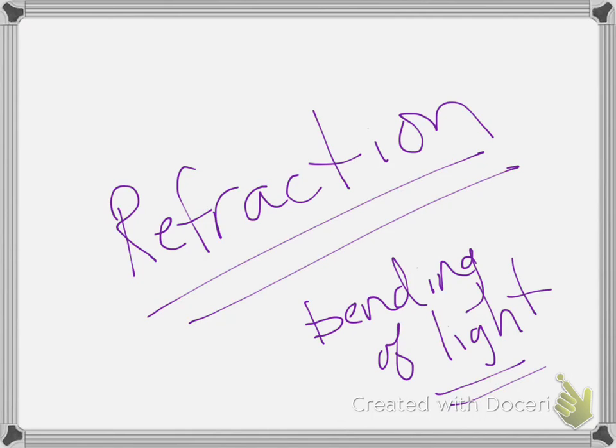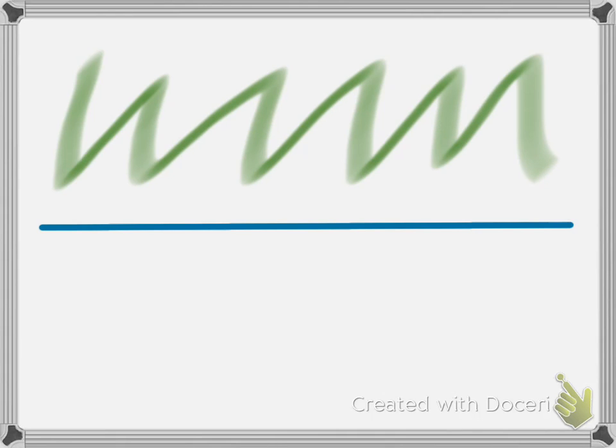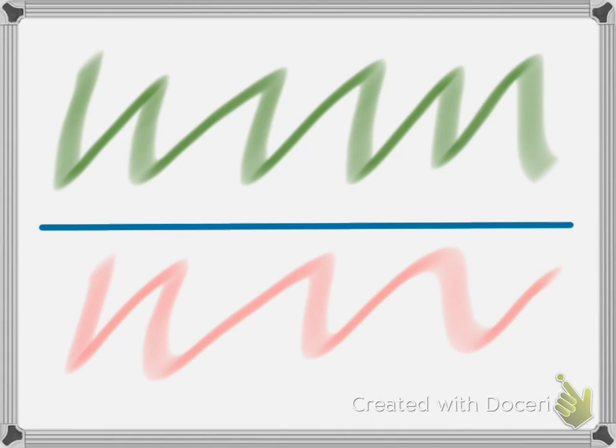Now, as we talked about last day, when it does go from one medium to another, it actually is changing speed. And so because it's changing speed, it forces the refracted ray to travel at a different angle. So the way we show that is by taking a line that represents the barrier. Now, on the line, we can look at what's happening above it. So we'll make the green here, that can be air. Below that, we can make it a different color, and this could be glass. Right? But we have two different mediums. And so when that happens,